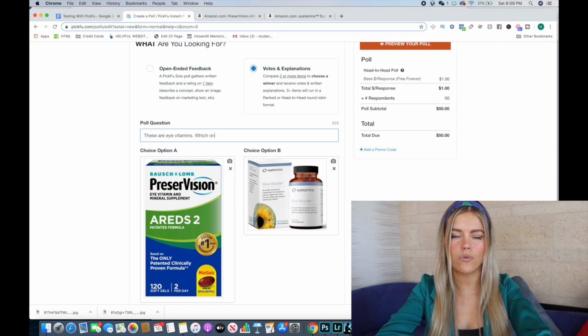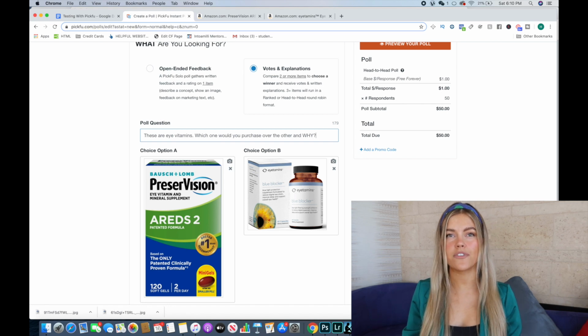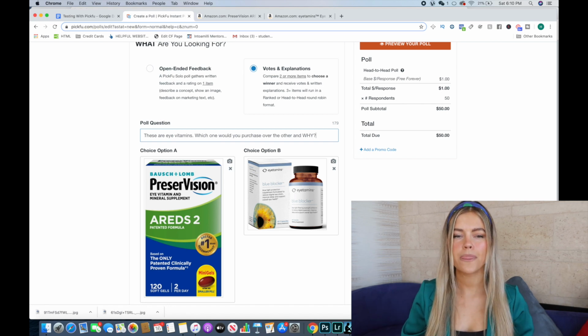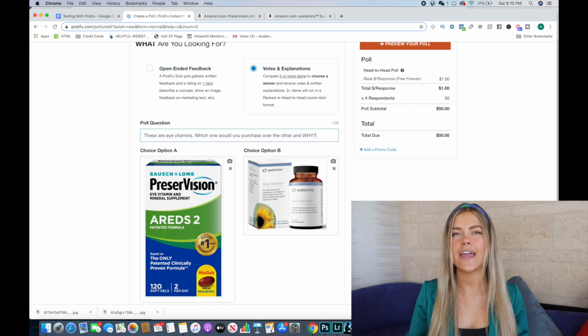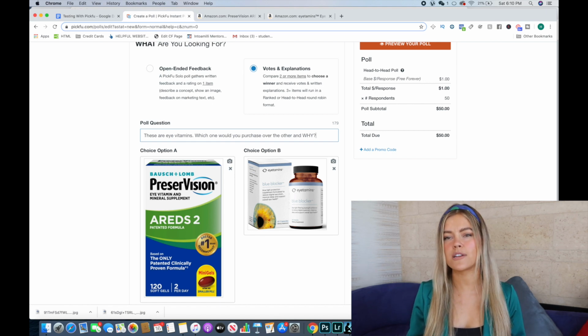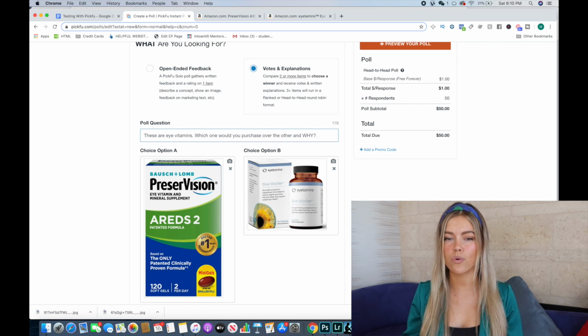Which one would you purchase over the other and why? Okay, so this is very clear. I want to be very clear with my questions so people know. So I'm letting them know that they're vitamins for the eyes. And again, obviously everyone who's going to be polled is not going to be a person in the market for that. So I'm just kind of getting the information objectively, like, hey, if you had to pick, which one would it